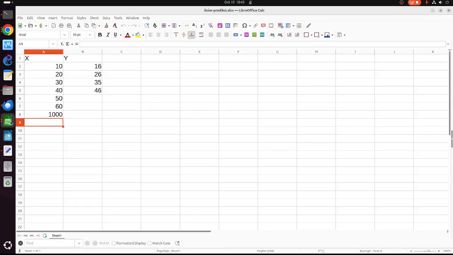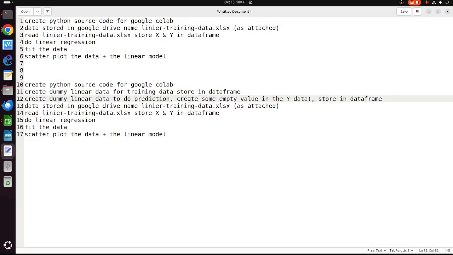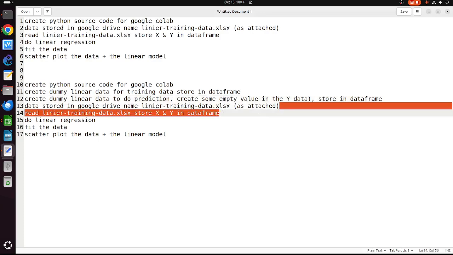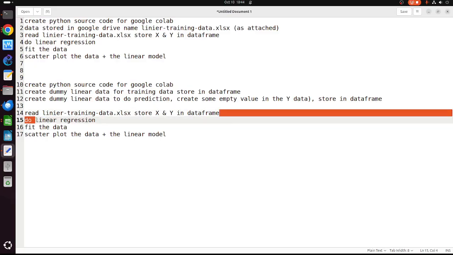I'm trying to simulate this data, so it needs to solve these things. And then I don't need this one, I don't need this one.